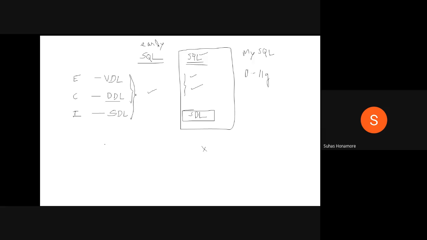Data definition language is nothing but, in whatever you are using, how you have to create the table and how you have to drop the table. In the commands we studied, the create command and the drop command, that is what data definition is: how you can create it and how you can drop it. Those things together we call the data definition language.